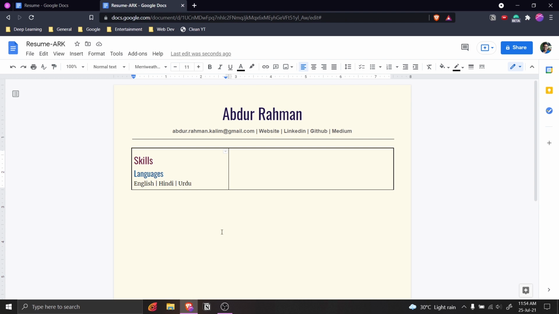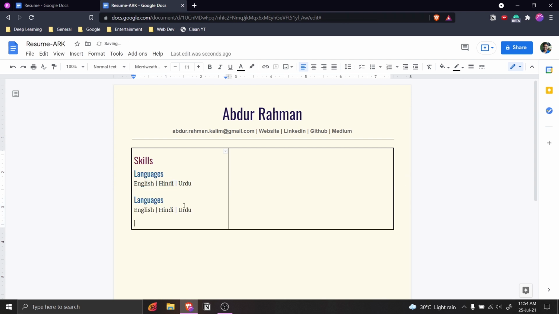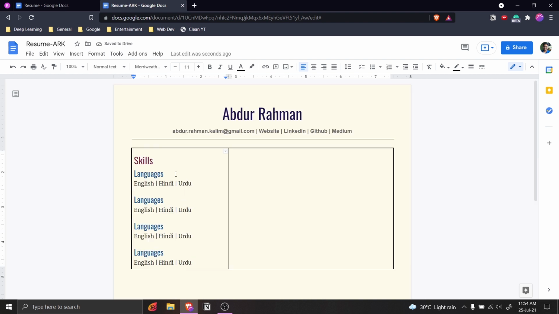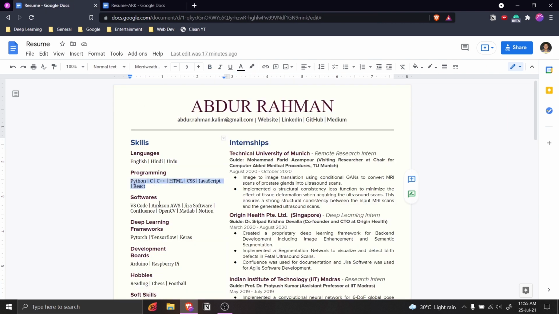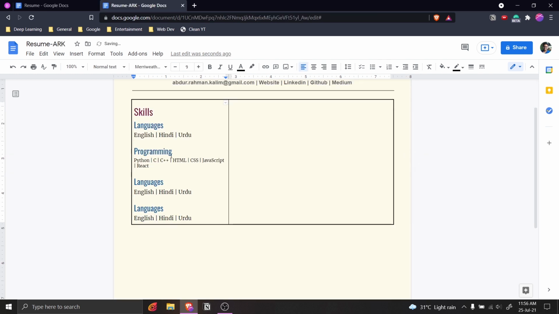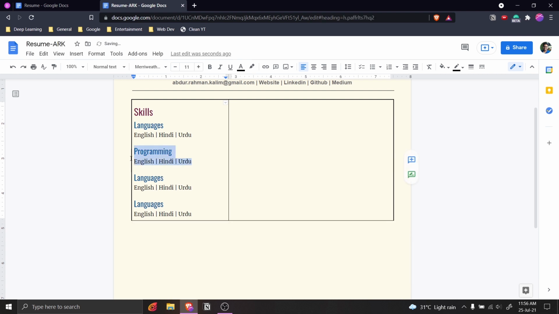Now let's create more skills here. So we'll just press enter and then paste these like this. Cool. And just change the skills here to programming, and this is what it is, right? I'm just going to copy paste it here. If I just paste it, then the formatting will not be preserved. So in order to preserve the formatting, you need to do Control Shift and V,